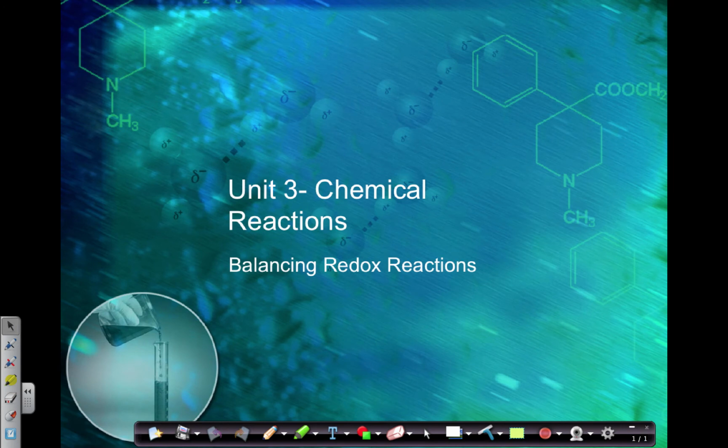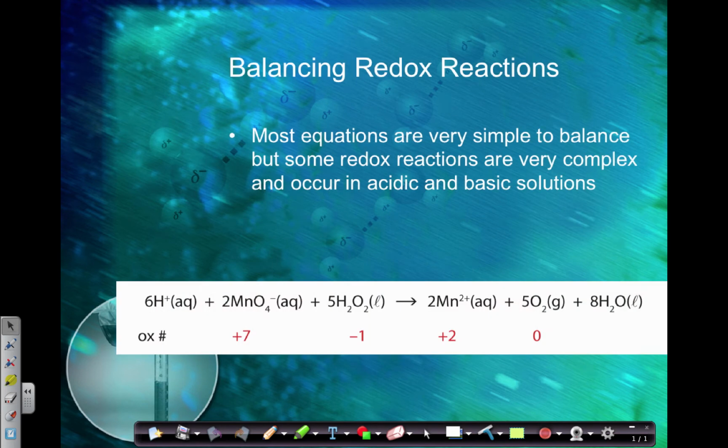All right, so most equations are really simple to balance, but some redox reactions actually happen in acidic conditions and basic conditions, and because of that, it makes it a little bit more complicated, but there are some steps to balance some of these really complicated reactions, like this one. This one is a very complicated reaction,